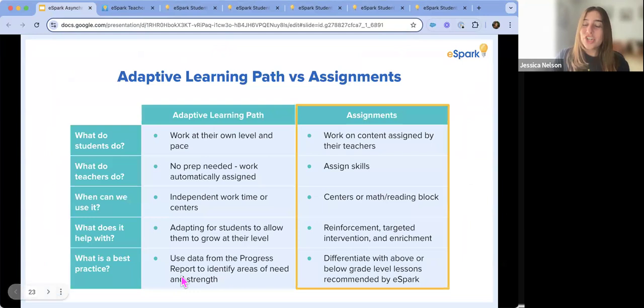Now, again, we have a chart here that's very helpful to summarize the difference between the adaptive learning path and assignments. So feel free to pause the video here to make sure that you understand the difference between these 2 main learning options. Next, I'm going to share some examples of types of assignments and activities that you can be